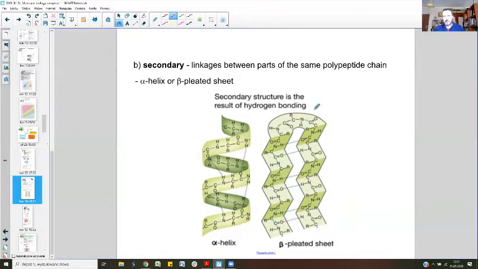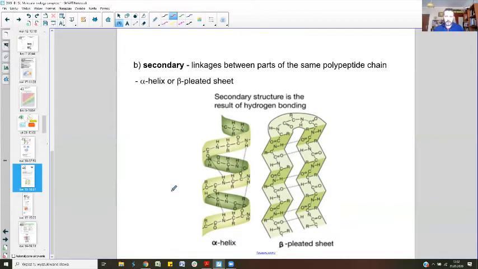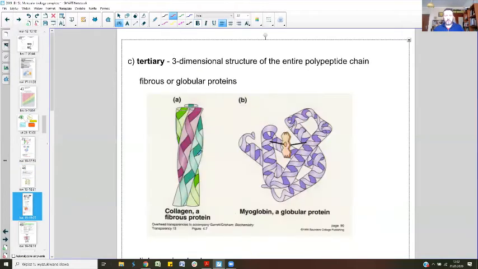The other regular structure that may form in a polypeptide chain is a beta-pleated sheet. The beta-pleated sheet is also held by hydrogen bonds. However, here we can see that it is more flat, not coiled. All right. In the case of the next level, the tertiary structure of a protein, this is the spatial orientation of